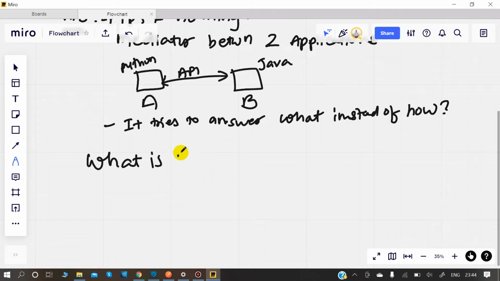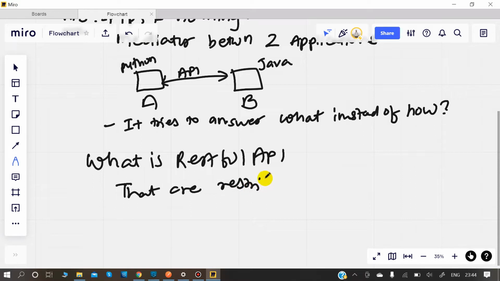What is a RESTful API? RESTful APIs are nothing but APIs that are restricted by REST rules. So what are these REST rules?